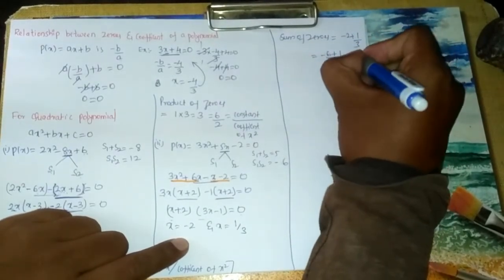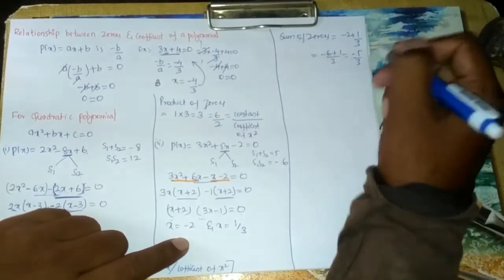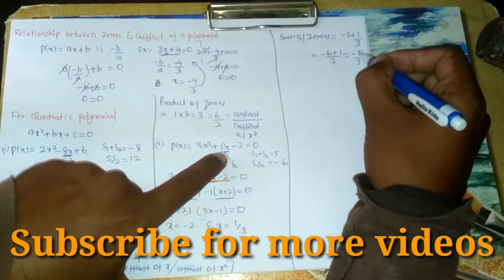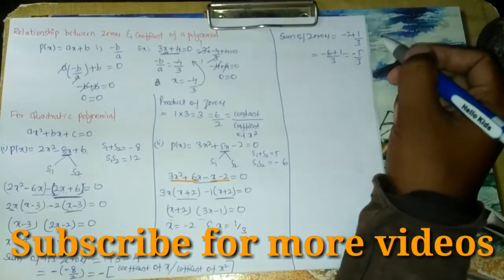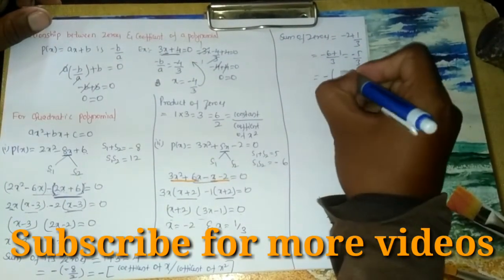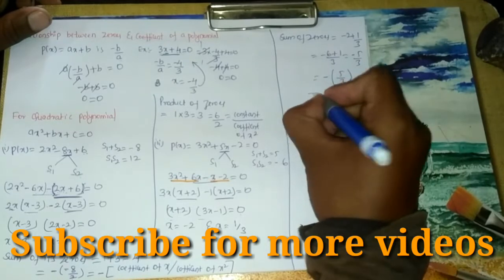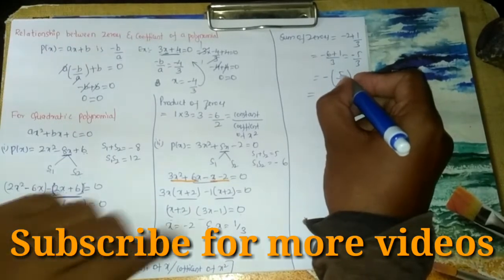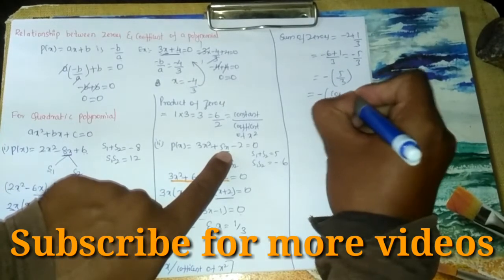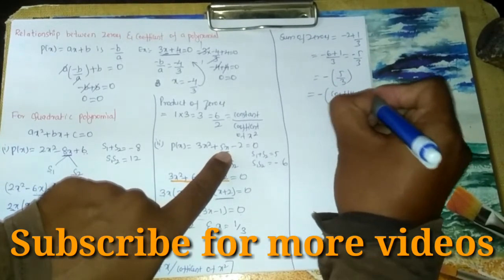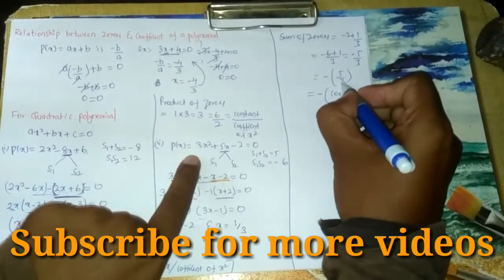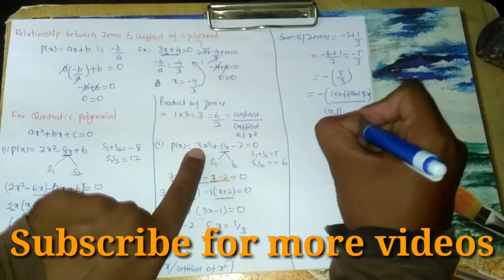This will come as minus 5 by 3, where minus 5 is written as minus outside of 5 by 3. Now I can compare: this 5 is the coefficient of x with minus outside, divided by this 3, which is the coefficient of